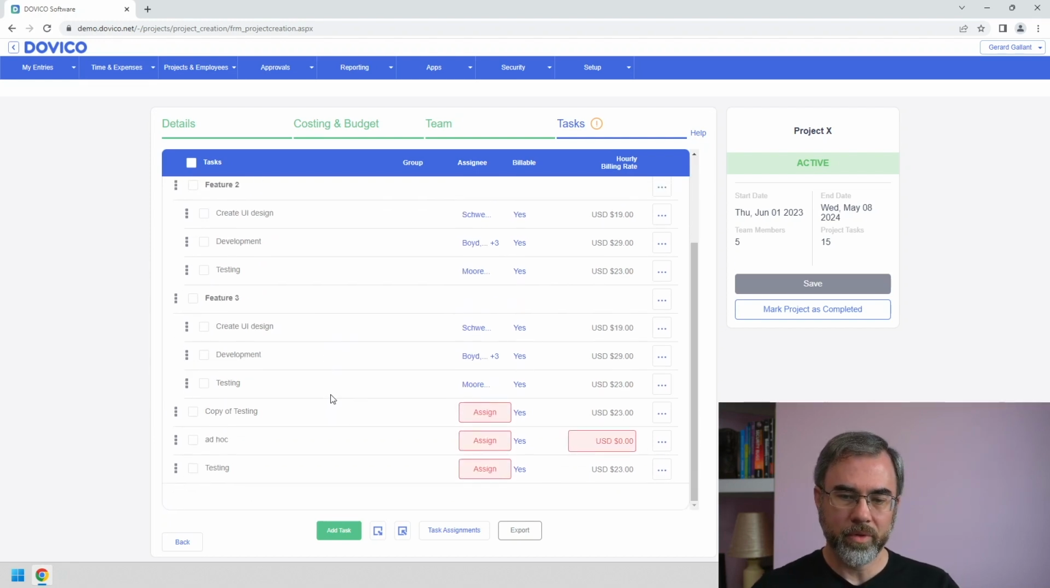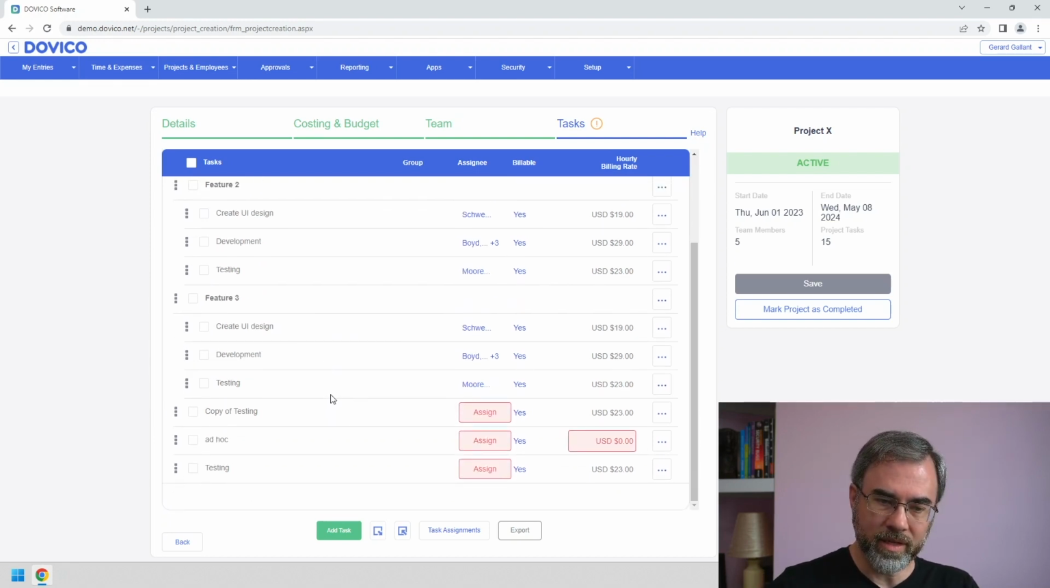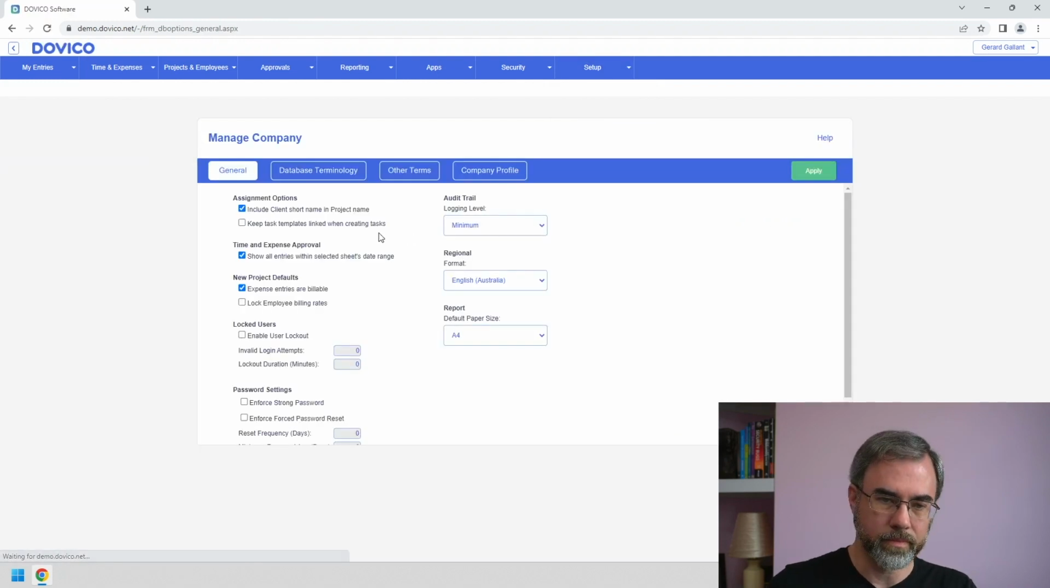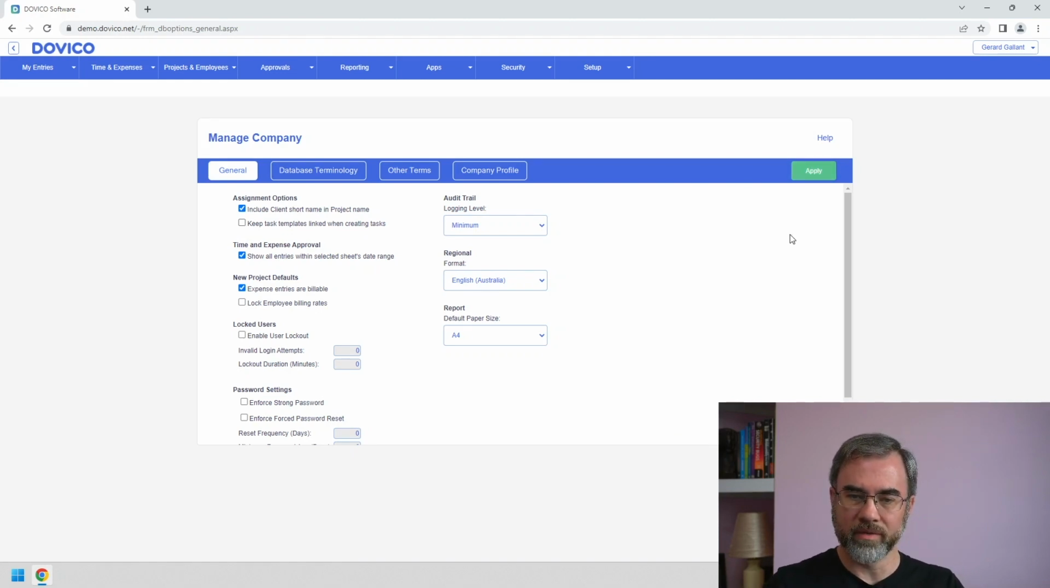Now, a couple things I want to point out. The first one is that we didn't want to break how the software works in case you actually prefer it working this way, where the task doesn't stay linked to the task template. But if you do want it to stay linked to the task template when you create the task, come over here to the company view. We've added a new checkbox here. So if you check this, click apply. Whenever you create a new task from a task template moving forward, that task will stay linked to the task